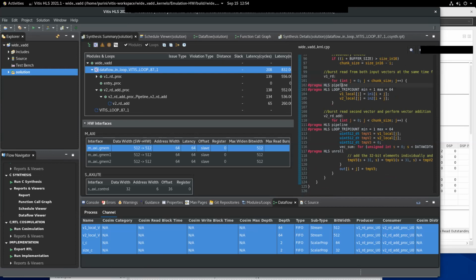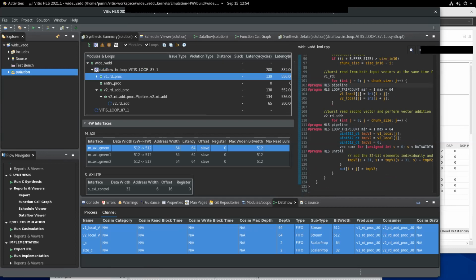But there is one important thing that is kind of missing in this whole discussion. If you see the overall latency for the loop V1 underscore read, it is 139 clock cycles, and the latency for the loop V2 underscore RD underscore add is 138.